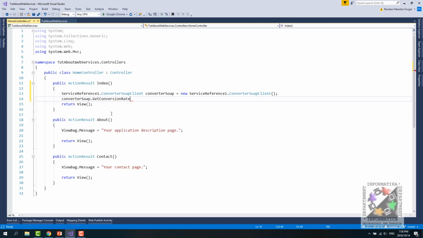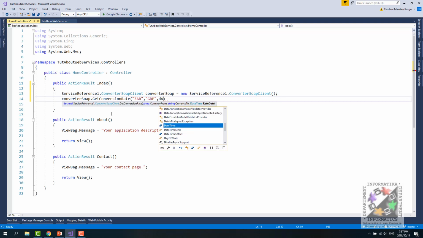So let's say we want to convert from rand, and the shorthand for rand, and then we want British pound, and we want it for today or now. You can see from this that it expects a datetime object, so we can go to datetime dot now,